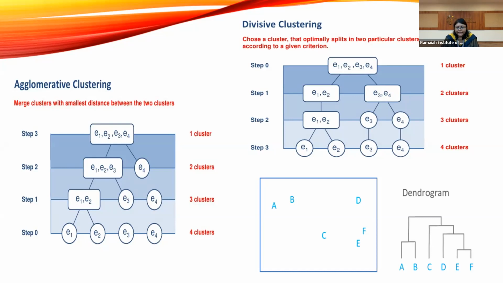Now after E and F, if you see the proximity or the distance between C, D, E and F and A and B, you will find it is more towards E and F. The distance between CD and EF is closer to E and F rather than A and B. So in that case, with this EF which you have made a cluster, you will find which is closer, whether D is closer or whether C is closer.